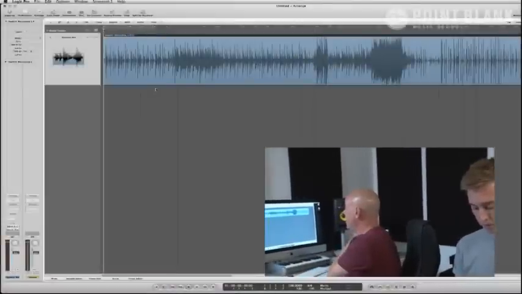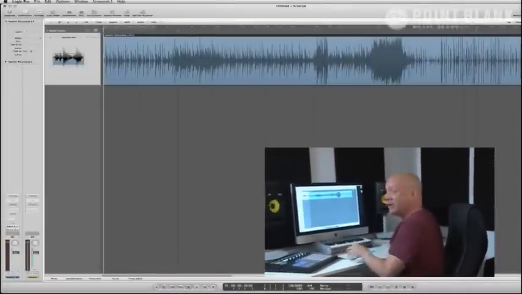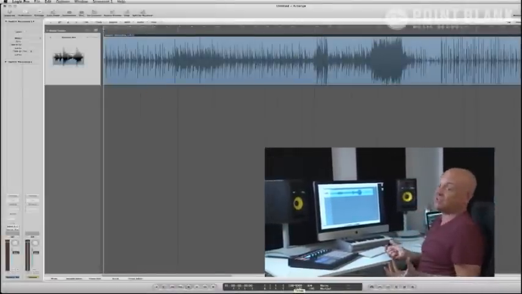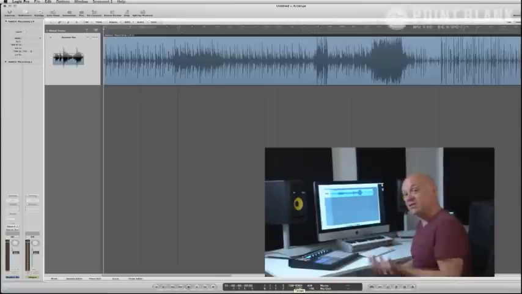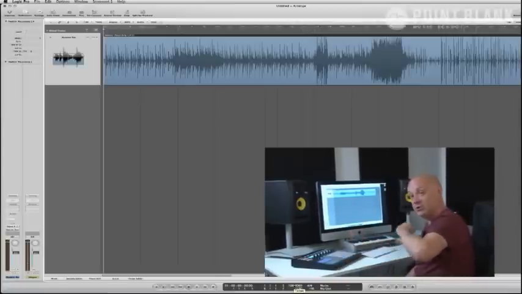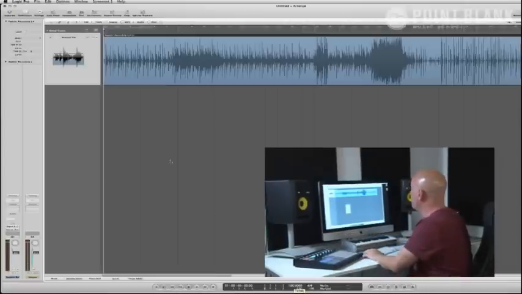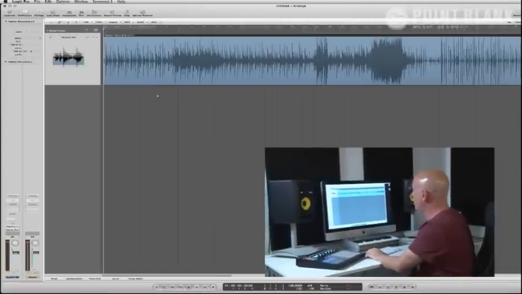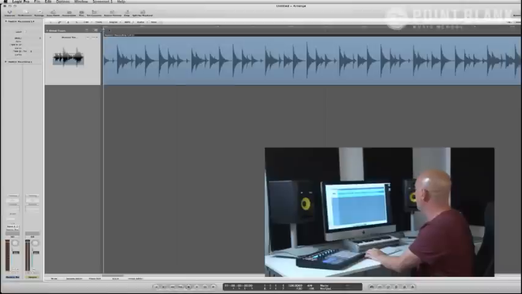Fantastic. Now what I've done is I've taken that audio that I've recorded and I've put it into Logic. Now, because we have the tempo set at 126 in Reaktor, if I set the tempo at 126 in Logic, then the file I've just recorded is going to be perfectly in sync. So what this means is, from a sampling point of view, I can just take up a couple of bars